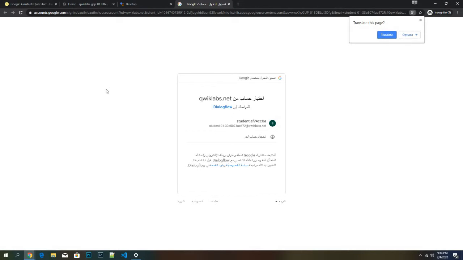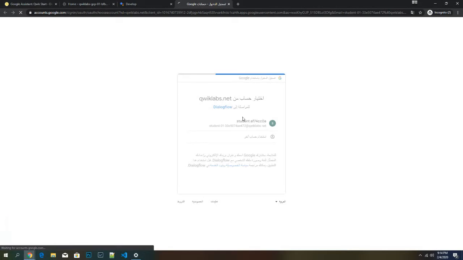Now, this would actually pop up to choose the account, and I will show you why this is important. The moment you did that, when you click on add your first action, and then click on custom intent and then build, it will take you to Dialogflow. So this is the platform where we build our conversational experiences, right? You can see it's asking to allow access to Dialogflow